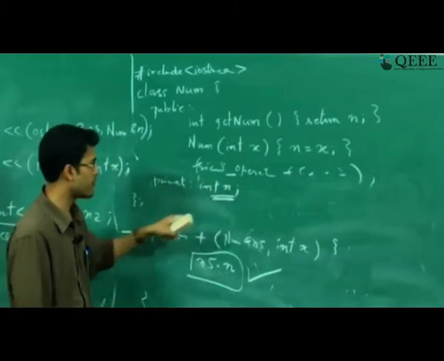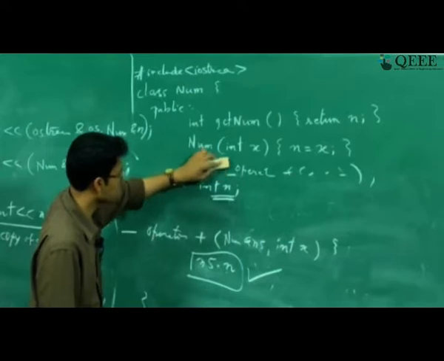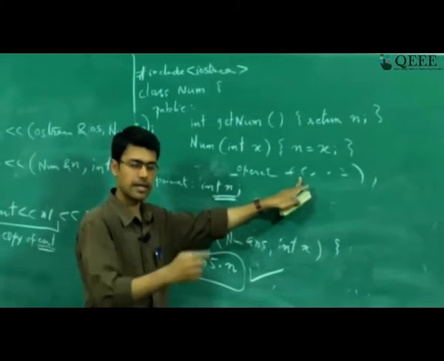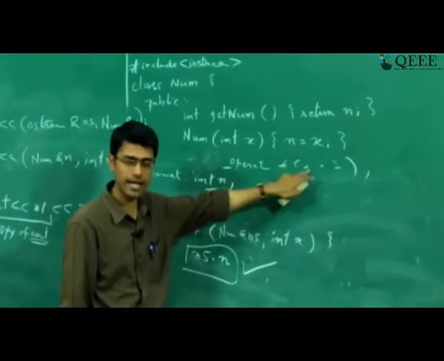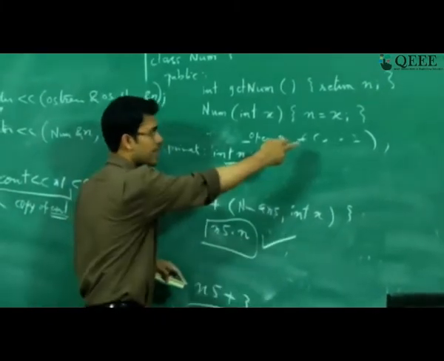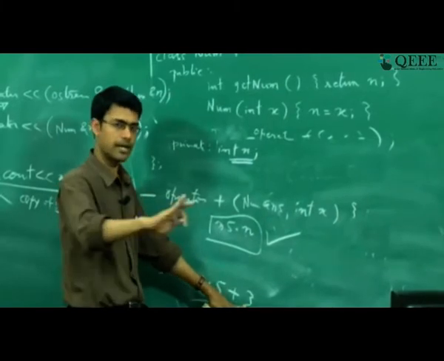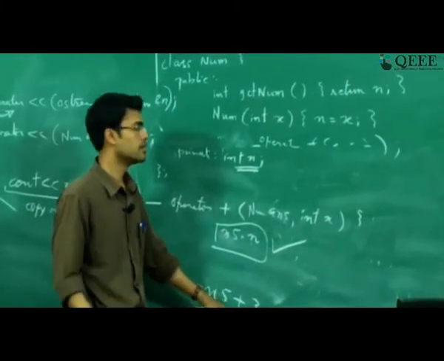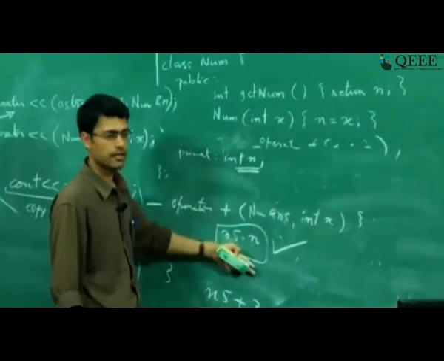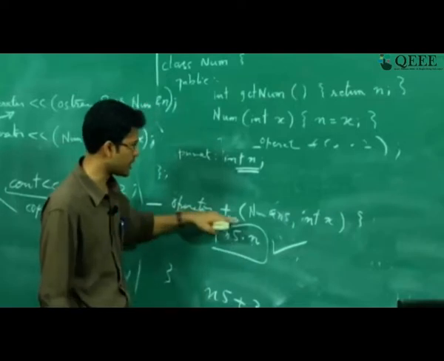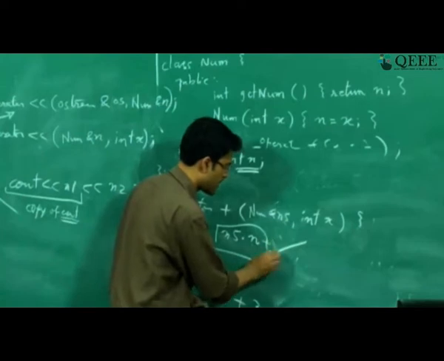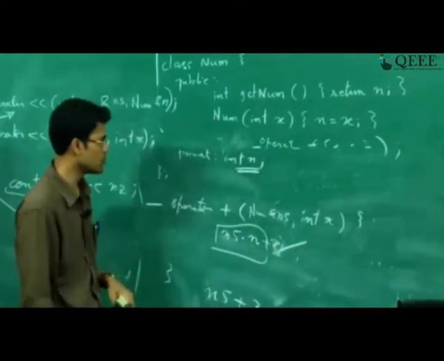For example, I'm going to ignore this friend for now. I can define a plus operator inside the class, right? Maybe that is your question. I can define a plus operator inside the class and access the variable n, and it can take a single argument which is of type integer. Perfectly fine, it will work, right? In case that is not supported, you can define it externally like this, where you can have operator plus, which is accessing a variable n5 plus n5.n plus x, right? So that is what it will do,